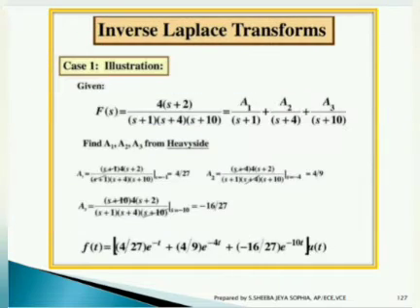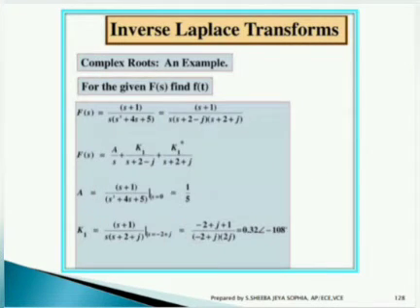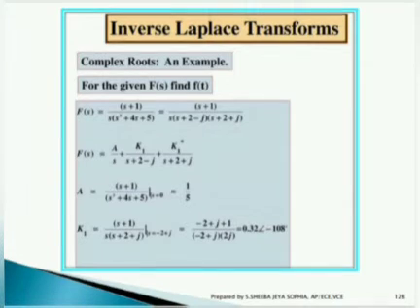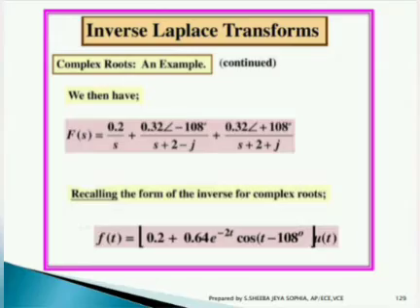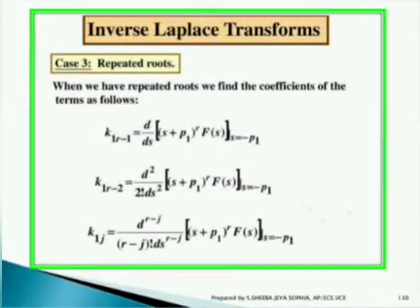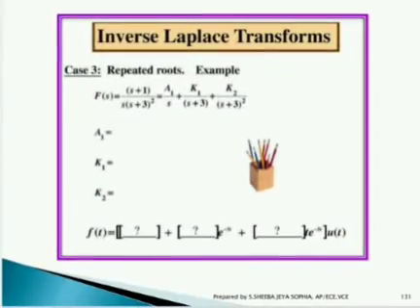As I have said, in case 1, you will be splitting the value into non-repeated simple roots, so that from the root values you will be calculating the output. In case 2, complex poles are split out, and from those complex values you will be finding the values of the input given. And in case 3, you will be using the repeated poles method to find the value.